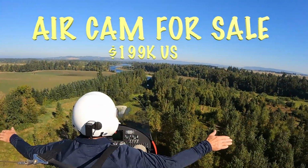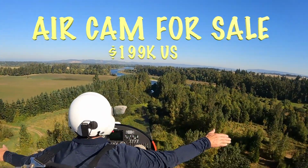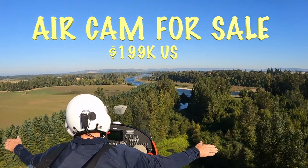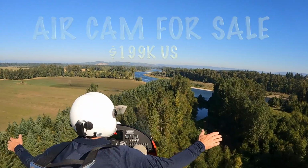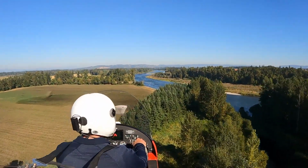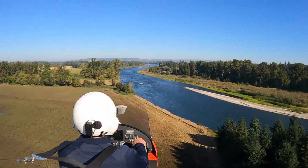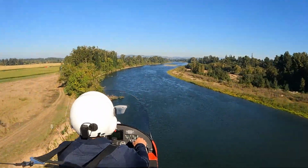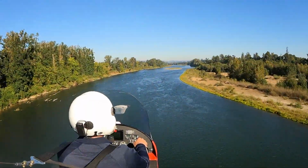Flying in the front of an air cam is probably as close to becoming a bird as I'll ever get. You just want to stick your arms out and experience what it feels like. It's a unique way to travel for sure, and there's hardly anything blocking your view. The wings are behind you, there are no wing struts, there's no engine or propeller in front of you, and it's very